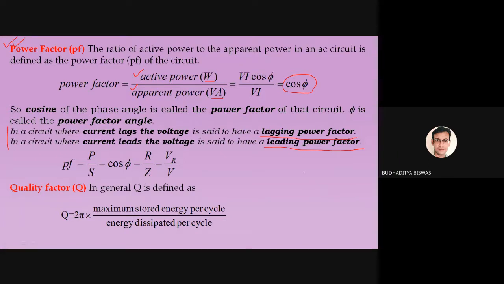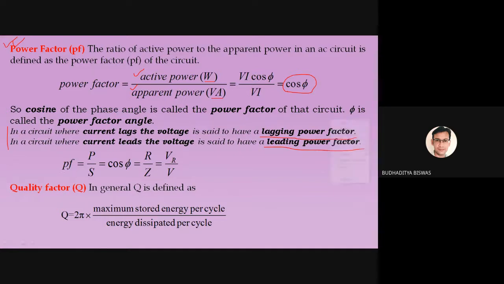That's why in the real world the supply current generally lags from the voltage, because there is no capacitor connected. In industry, there is no capacitor. We need to install the capacitor to make the power factor balanced. But generally, due to the presence of so many motors in industry, the supply current always lags from the voltage. In your home also the current generally lags, because in your home the pump motor is there, the fans are there. These are all motors. Whenever the motor is present, the inductors are present, and whenever the inductors are present, current always lags from the voltage.